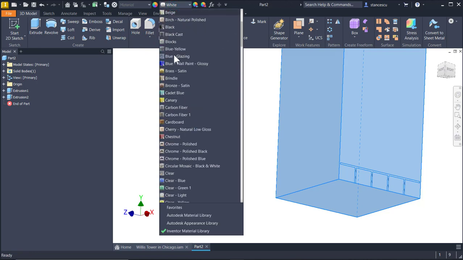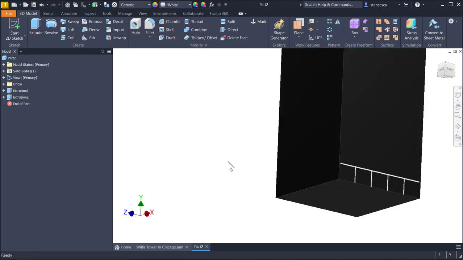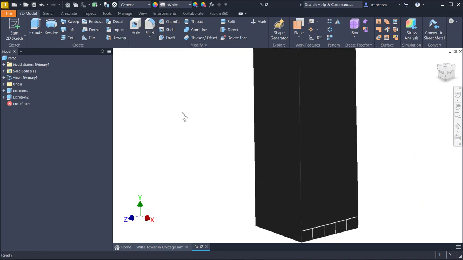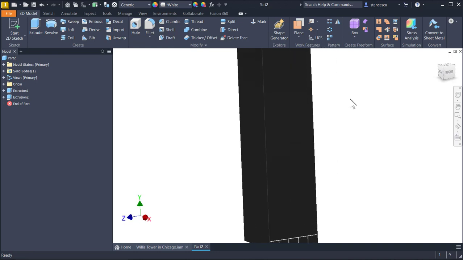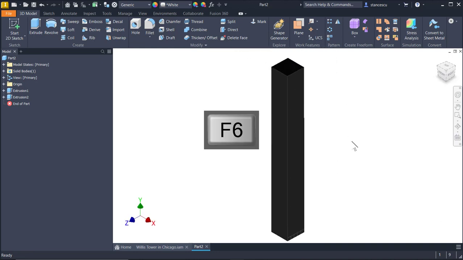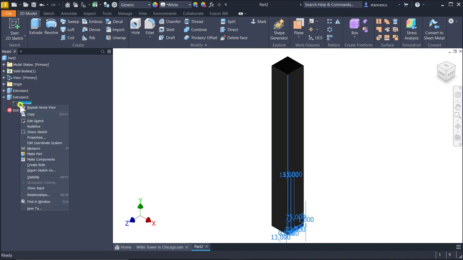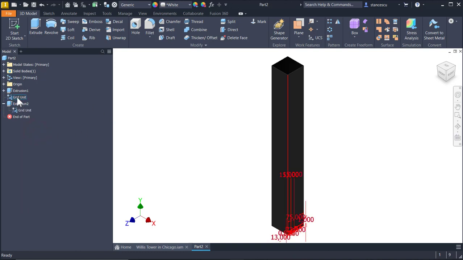Black. Now, as you can see, we have white for anything we do further, but this is black. Why black? Because the Willis Tower is black. Another important thing is to share the sketch. Share sketch. Yes, we placed it here after the first feature to use it all over